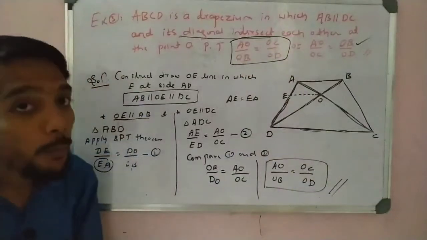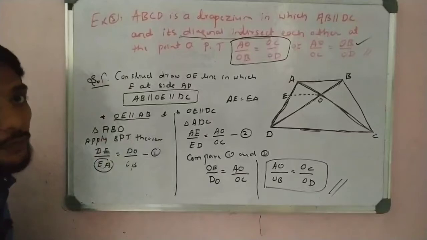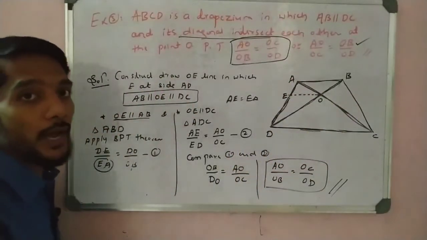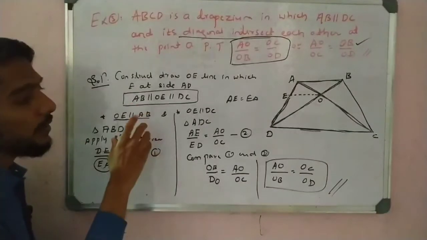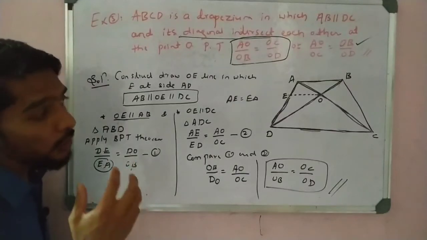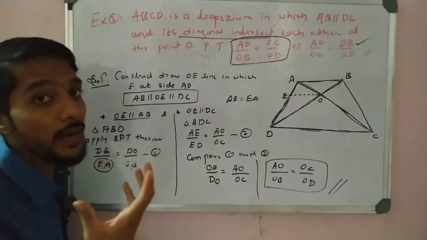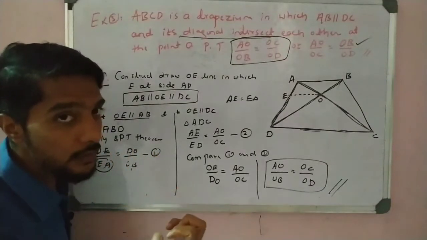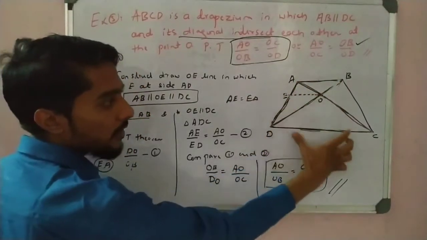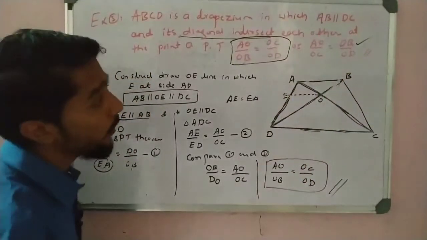These are very simple and very tricky questions, and most of the time we make mistakes here because we are not able to choose the triangles. We memorize the questions by heart. If you understand the trick of how we choose the triangle, we get the answer easily. So what is the trick here? If you want to select a triangle to apply BPT, you have to see which is the parallel line and which is the base. The parallel line is this one and this is the base, so this triangle is selected. If this is the parallel line, then this is the base, DC, so this is selected. You have to do it like that. Hope you understand.